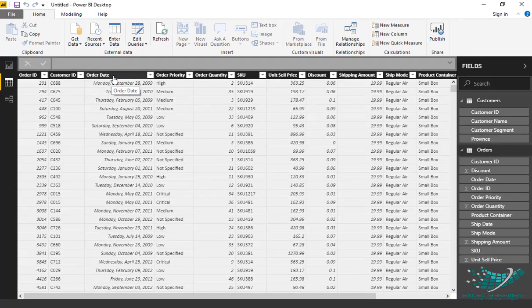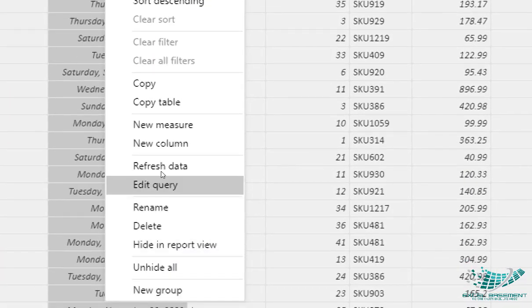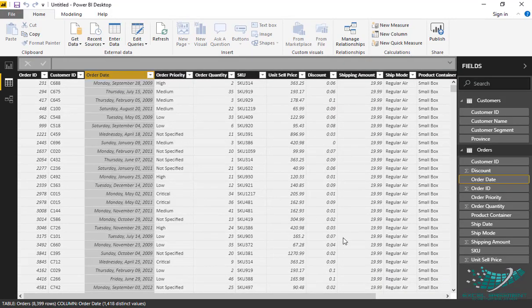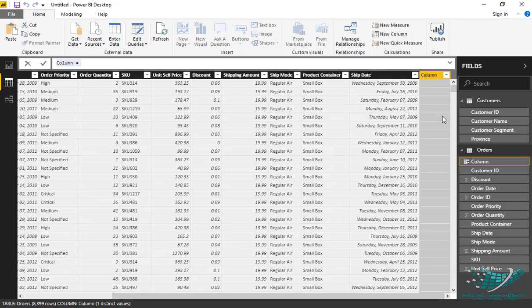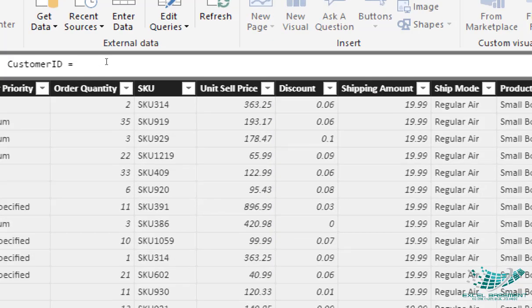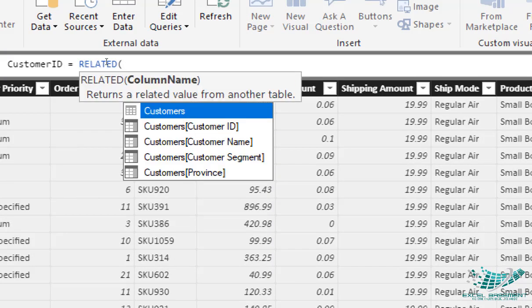Simple. We right-click on any column, get this contextual menu, and click on New column. We get the new column here, and we can write the name of the new column. Now we apply the RELATED DAX: equals RELATED, bracket open.